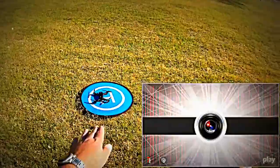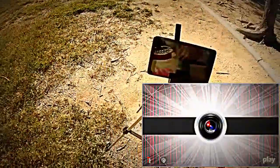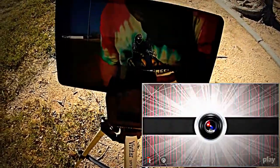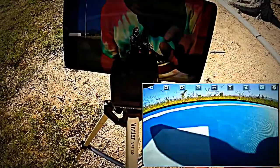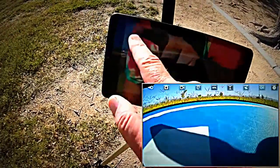Okay, I started the quadcopter and bound it to its transmitter with an up-down bind. I've also opened the XS Wi-Fi app, and hitting play. And this is the view we got here, and I still can see a little bit of propeller in the